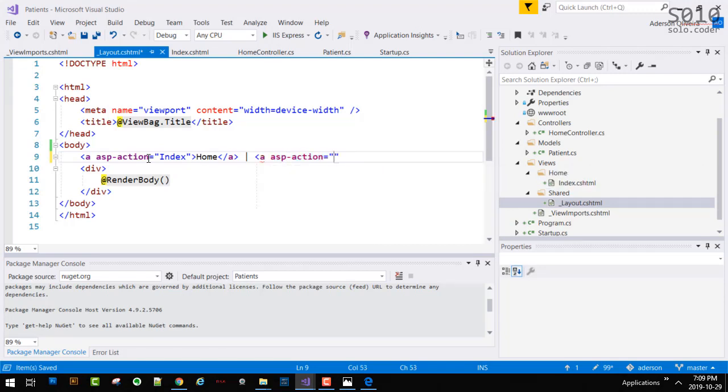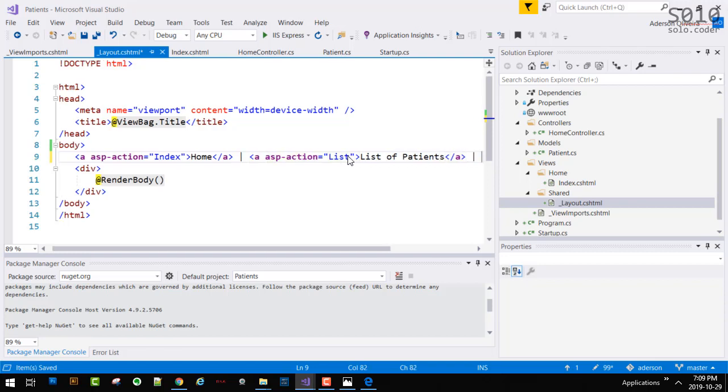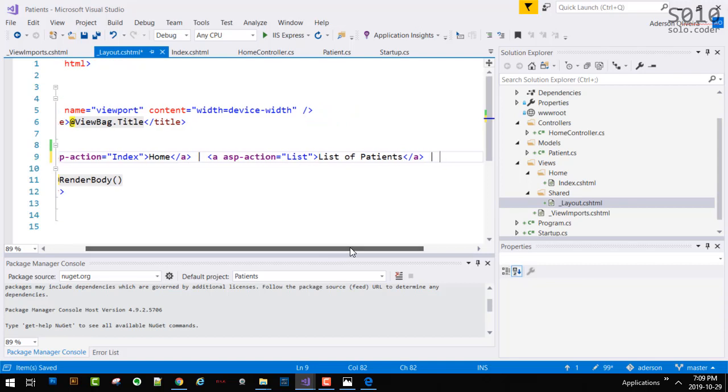Now, let's think about this. Let's call our list patients just list. So we didn't create this action yet, but I'm just setting things up here first. And then we're going to say list of patients. And then I'm going to say